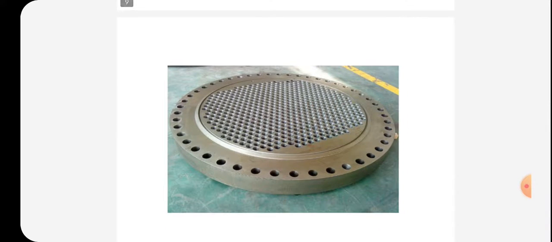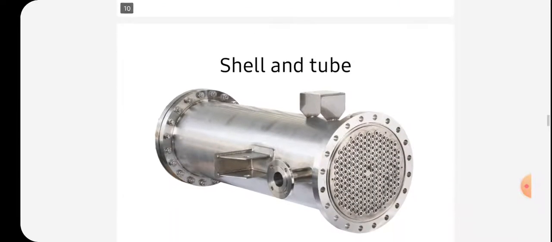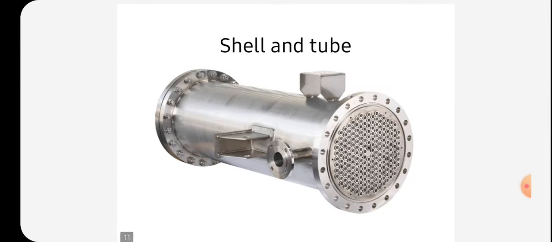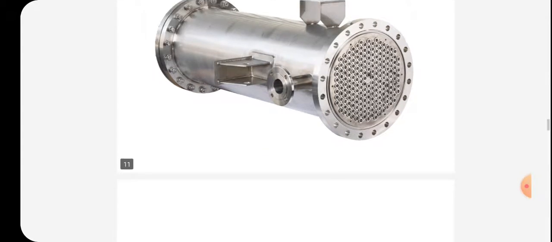See, this is the typical structure of a tube sheet where we can fix the tubes. In a shell and tube heat exchanger, two tube sheets are used, and in a U-type shell and tube heat exchanger, only one tube sheet is used. This is the industrial shell and tube heat exchanger. We can see how the tubes are fixed, how the tube sheets look, and how the fluid comes in and out.